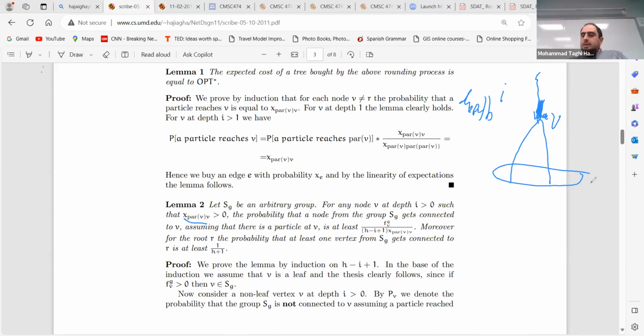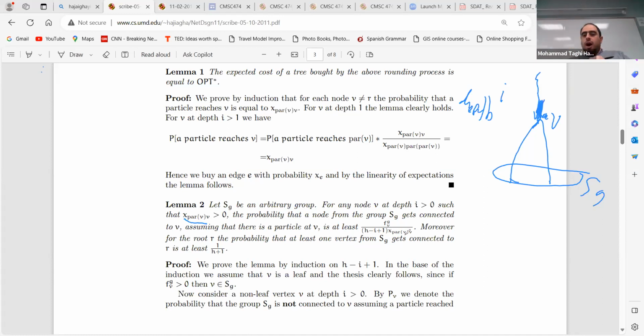The subtree here is S_g, it connects some part of it. The probability that some vertex from this S_g is hit by this process is at most, if g(V) is exactly the flow that comes through V, g(V) less than X_V